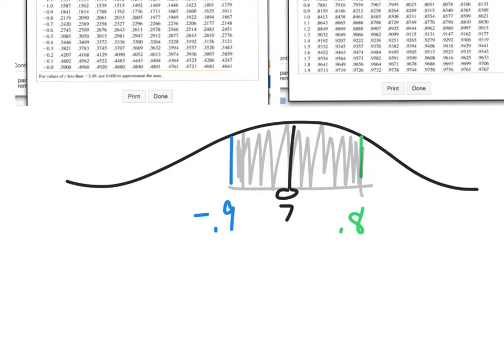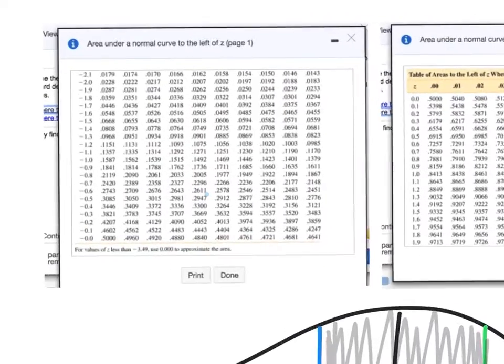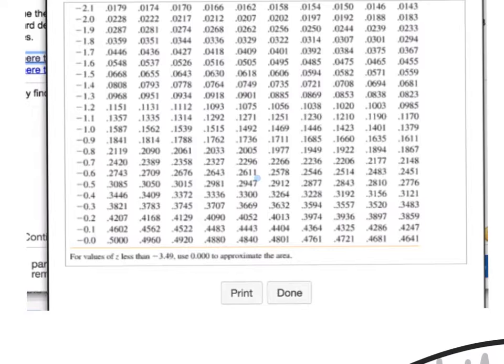In order to do that, we're going to need those z-score tables that are shown in the textbook. I need to look at my first z-score, which is, of course, negative 0.9. So I'm going to go to the table. I'm going to find the value of negative 0.9 and find the value that is right next to it,